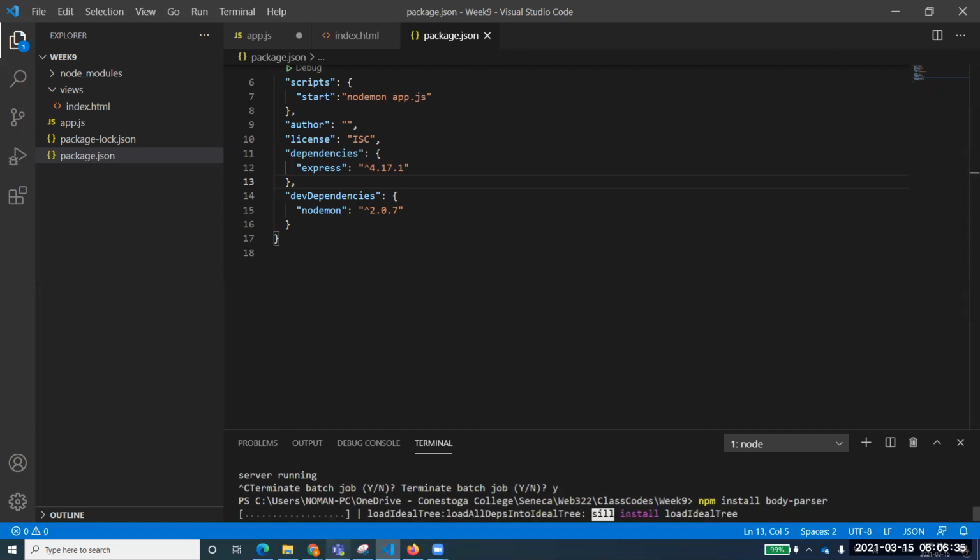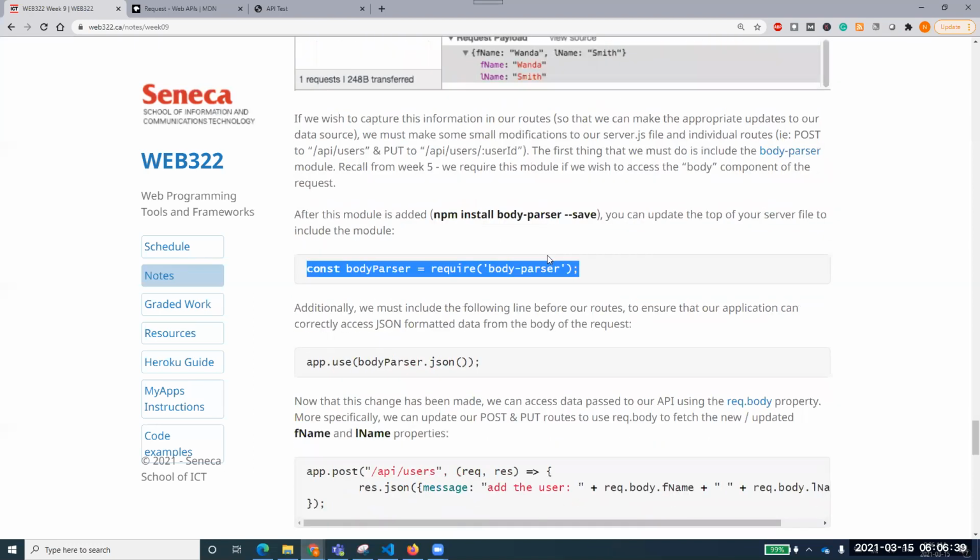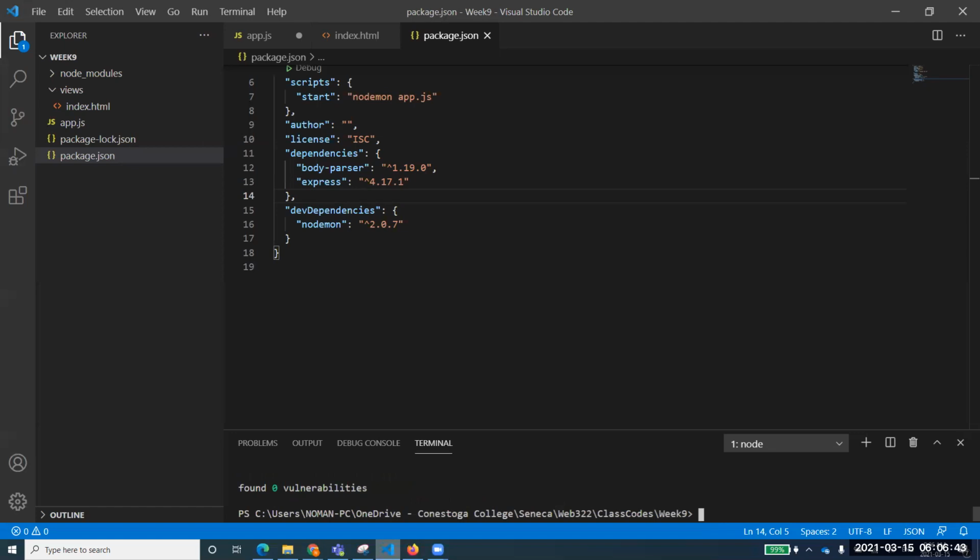Right? So let's install that. So we need to first do what? We need to install that body parser, npm install body-parser, and we can just see if it is there. So this body-parser has been added to the dependencies, right? And we could have done that by using the dev dependency. Anyhow, so now if you see here,